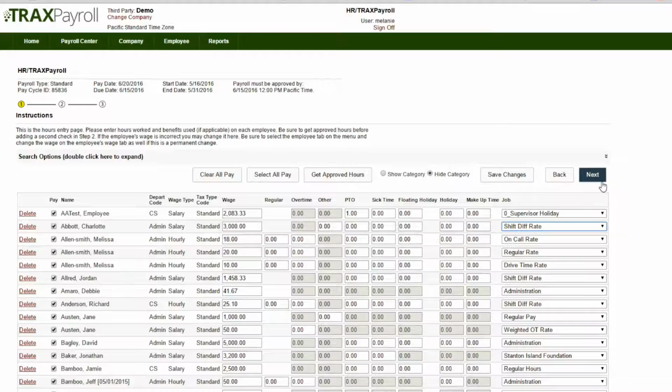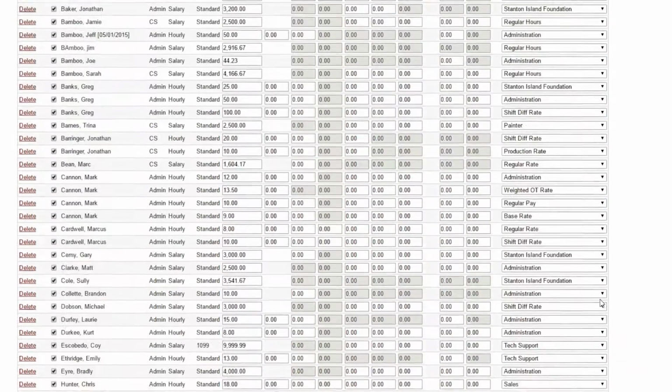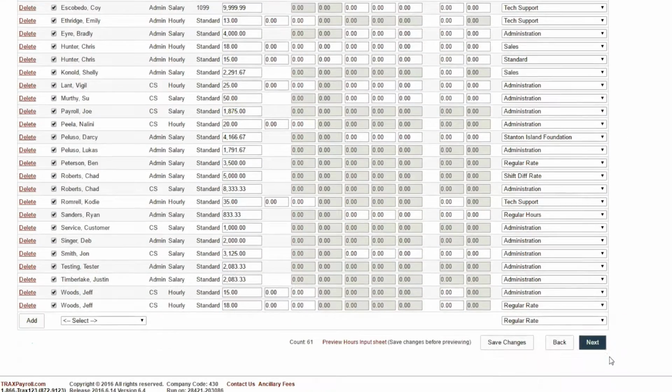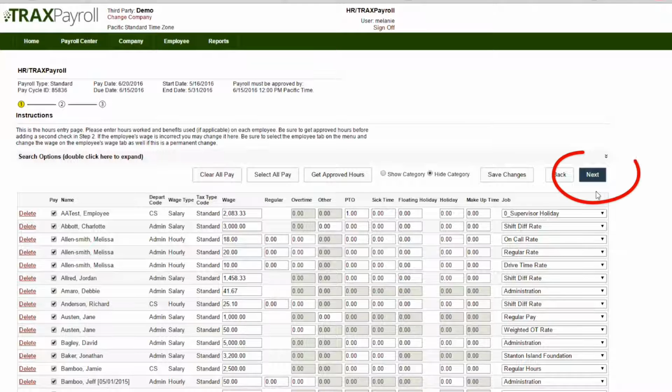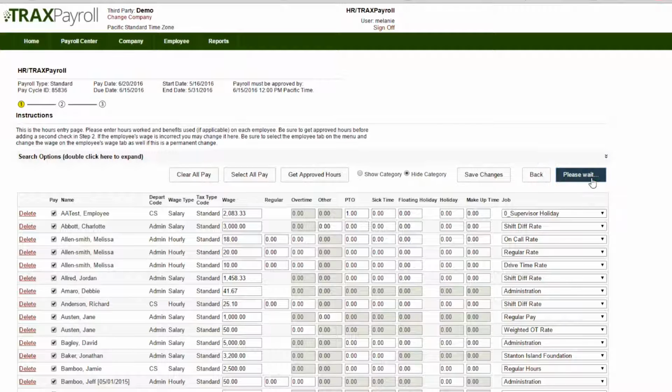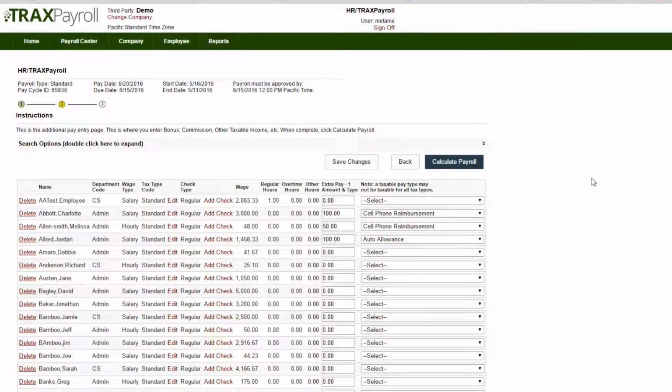There is an option to preview your hours entered before moving to the next step. Just click on the Preview Hours Input sheet at the bottom. Note, make sure you press Save before clicking on the Preview button, or the data will not be included on the report. After pressing Next, you will be moved to Step 2, where any additional pay can be entered or